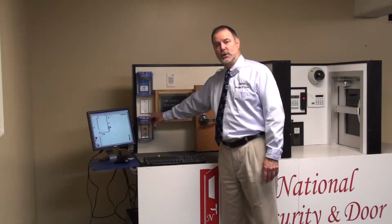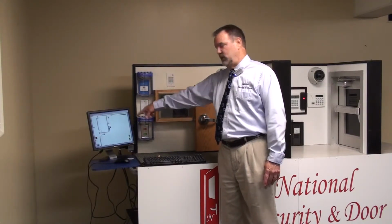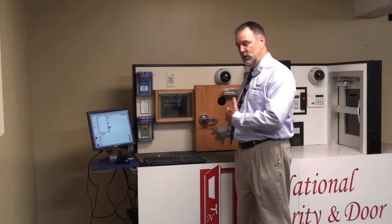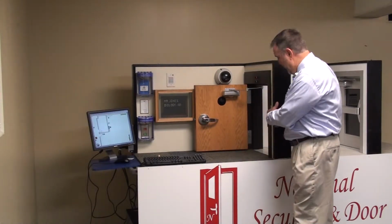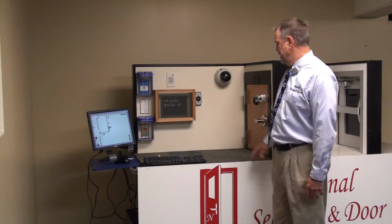That will always trump the local control. If he's got the door open and locked and you need to put it into lockdown from central command, you can override whatever he's doing locally. But this makes the system functional, and just to give you an idea, when you lock the door, nobody has to touch anything. Door shut, lock automatically,